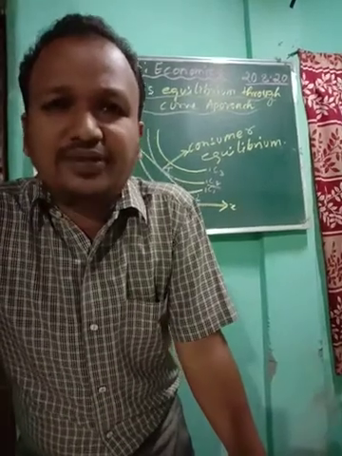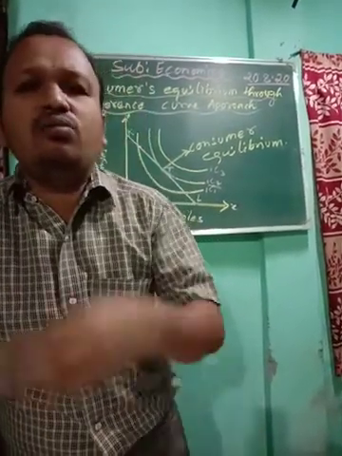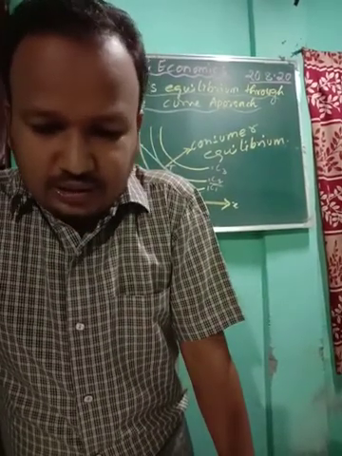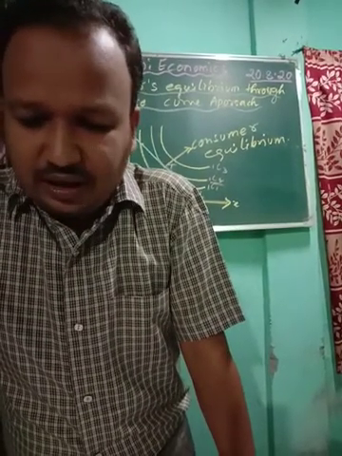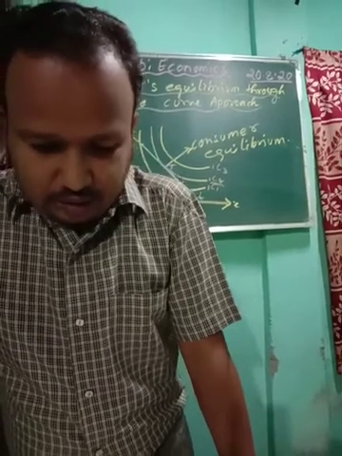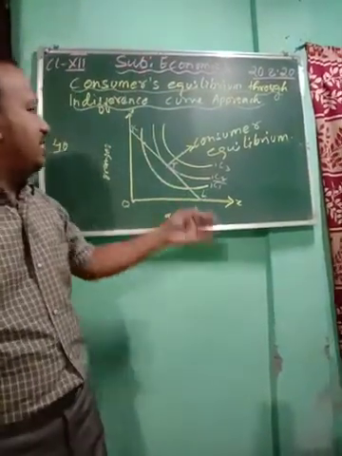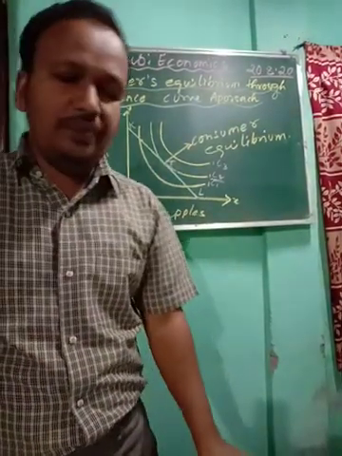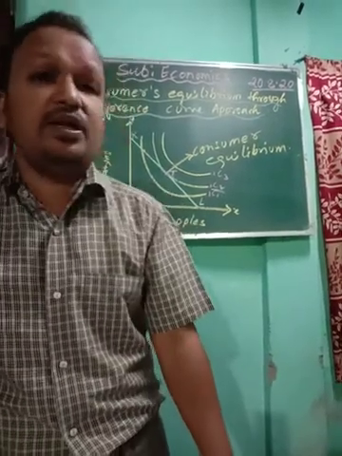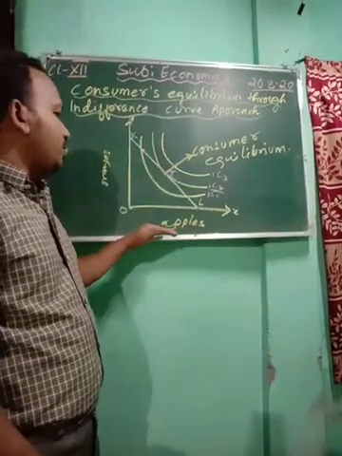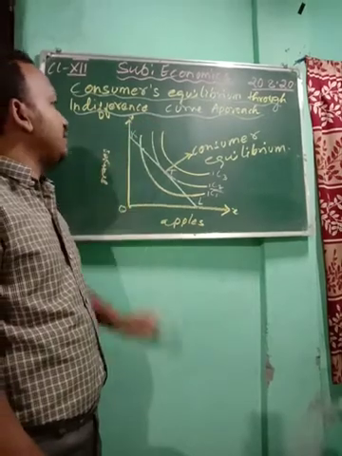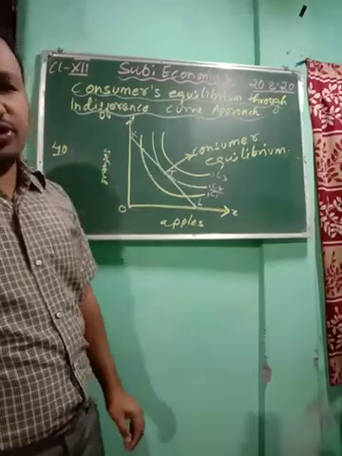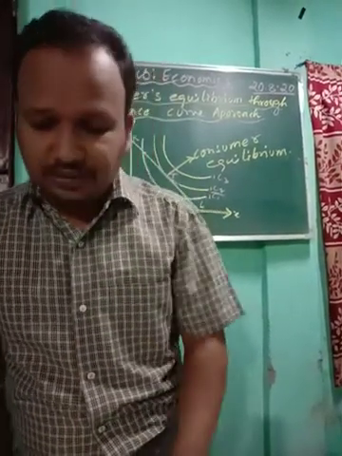Okay, so what I have said, while you are writing, all these explanations you have to give, and it will get completed. This is very easy, not very difficult to explain. While explaining, this simple thing you have to explain, and by looking at this you can draw in your copy, and what I am explaining you have to explain in your own wording very properly. This is how a consumer will attain consumer equilibrium through the indifference curve approach. This was the last topic of this chapter, so it gets over.